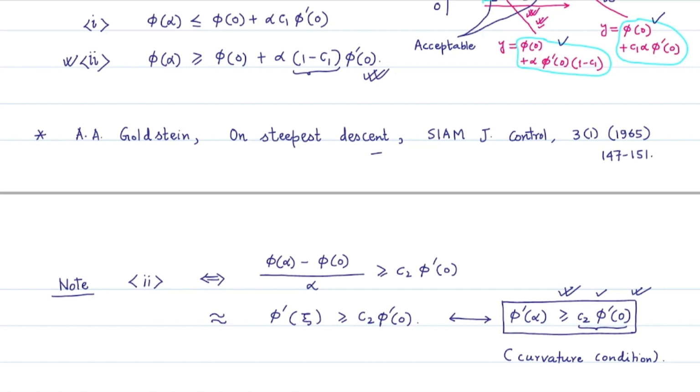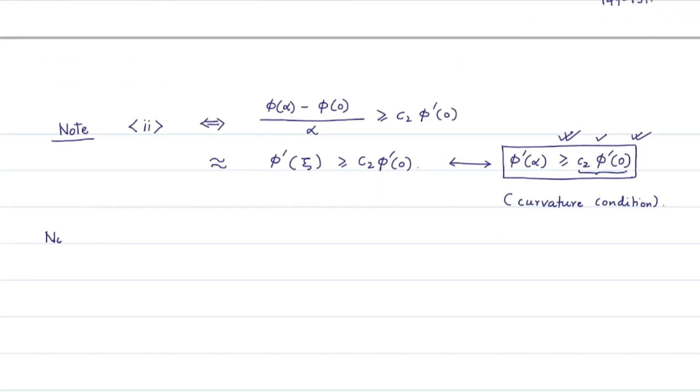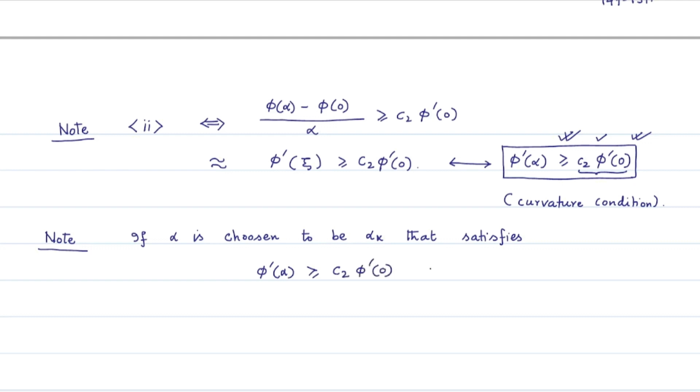The side benefit is as follows: if we take an alpha k value that satisfies phi dash alpha greater than or equal to C2 times phi dash 0, then we have phi dash alpha k greater than or equal to C2 times phi dash 0, which further gives